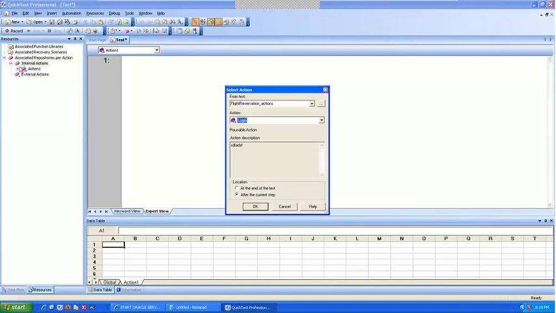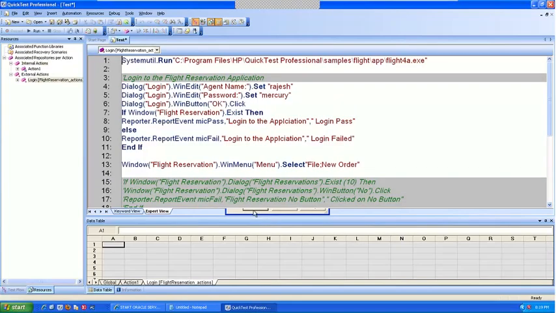You see, under the internal action, another action got created, under the external actions. And it shows from which script I took it. Can you see the script name here? It's flight reservation action, that is my script name.